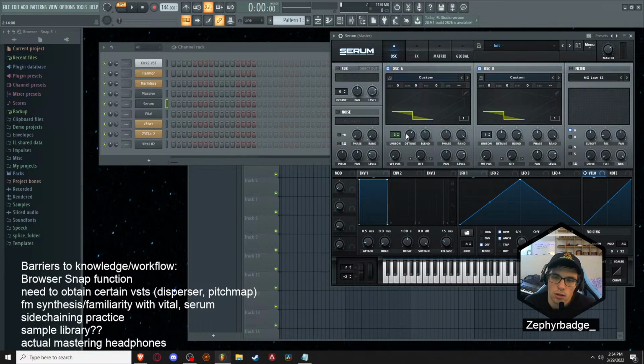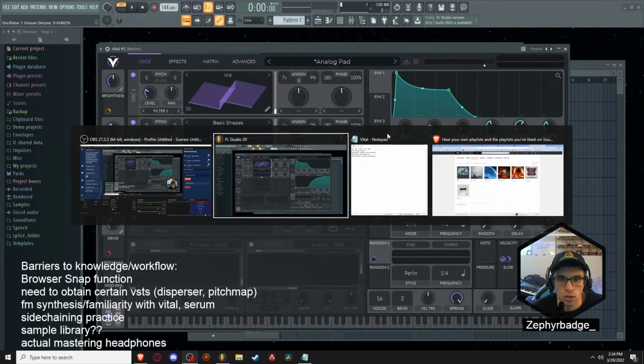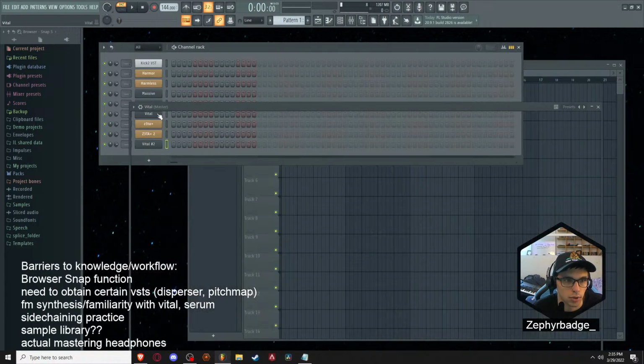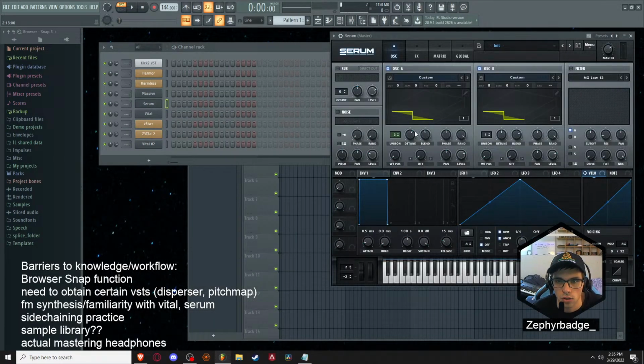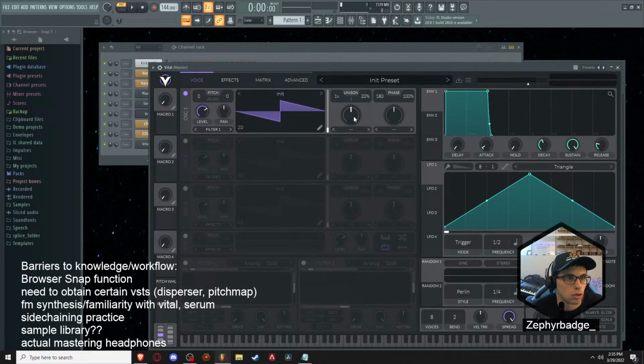Okay. And if we go to Vital, we have unison. Detune would be the spread, right? Unison detune right here. Number of voices, unison detune. So hold on, we go back to Serum. We have number of voices, unison detune, and then the blend would be this. Where does it? It doesn't tell us. Oscillator 1 frequency, morph amount. Right? And then this is